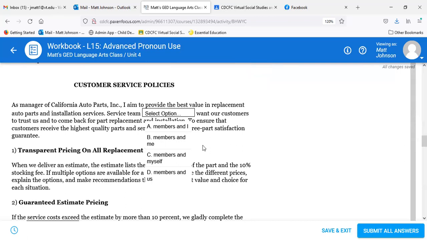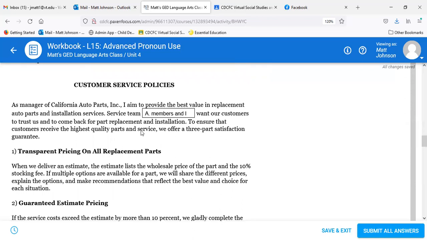Okay. Service team members and I want our customers to trust us and to come back for part replacement and installation. To ensure that customers receive the highest quality parts and service, we offer a 3-part satisfaction guarantee, transparent pricing on